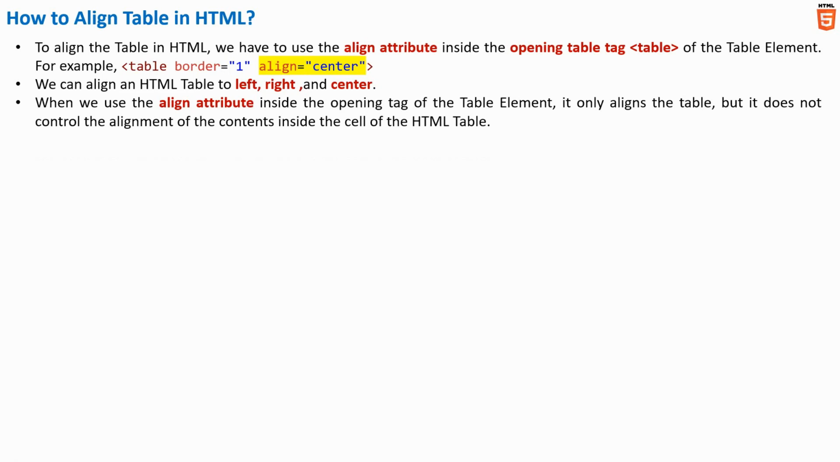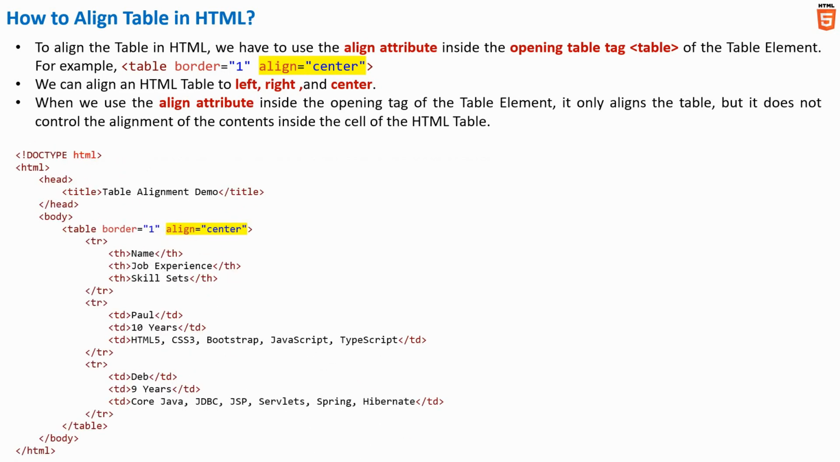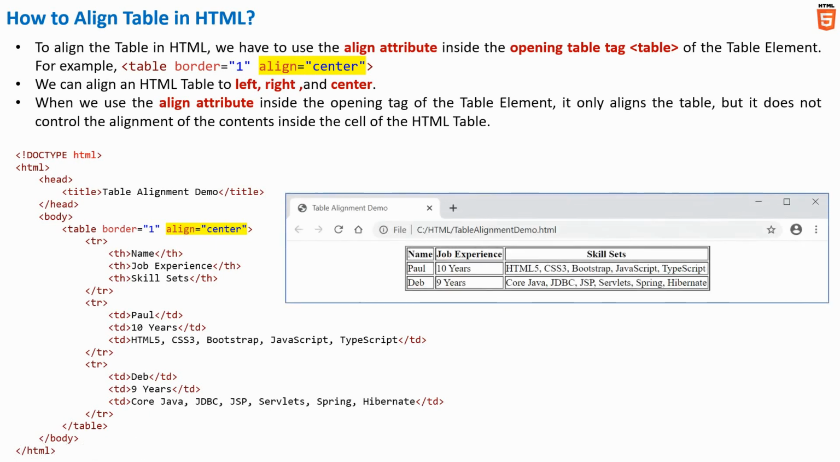of each individual cell. Now let me quickly show you a sample code snippet where we have used the align attribute in the opening table tag. Here we have used the align attribute just in the opening table tag, and this align attribute has a value of center. Thus when we run this code, we will get the output as shown here. Here the table is placed at the center of the browser screen. If you notice, this is the entire browser screen and this table is placed exactly at the center of